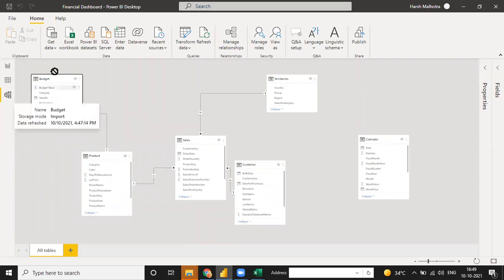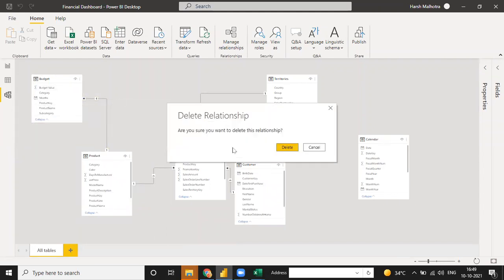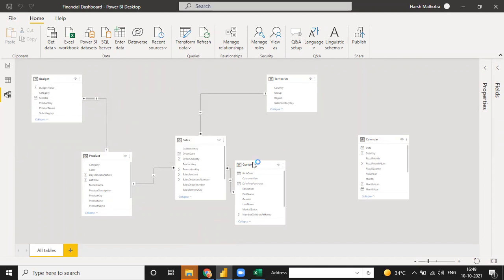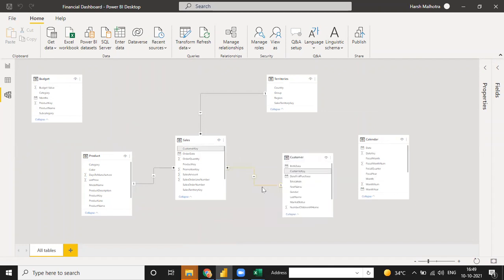Right now I am going to delete all this. Just a minute. First I am going to delete all this, and then we are going to make every relationship on your own.